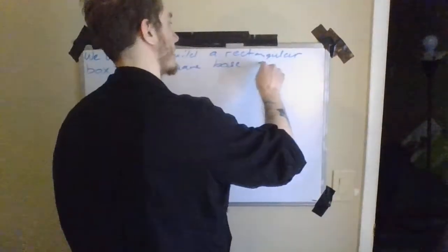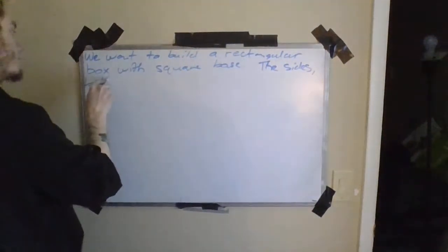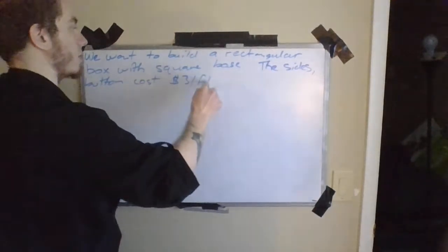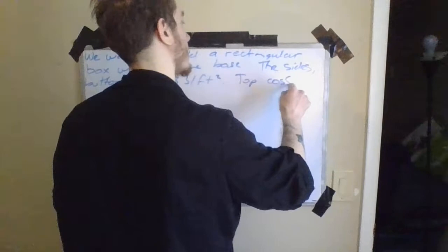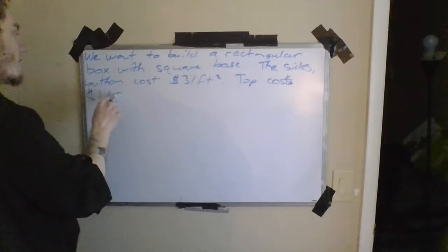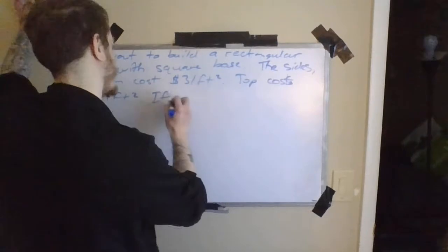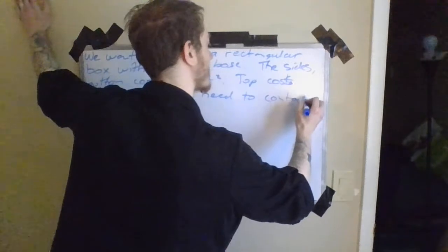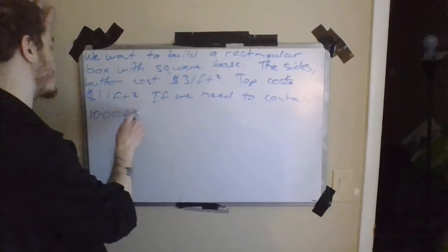And let's say the sides and the bottom cost $3 per square foot. And the top costs, let's say, $1 per square foot. And if we need to contain, let's say, 1,000 cubic feet,